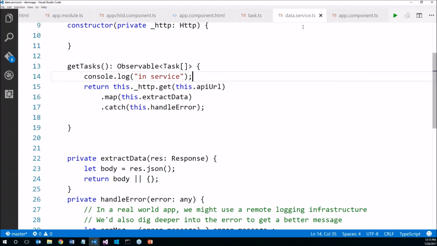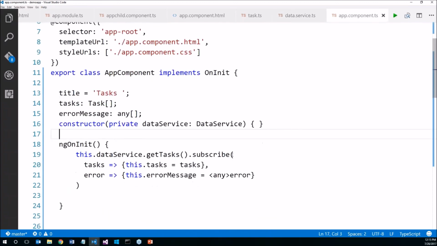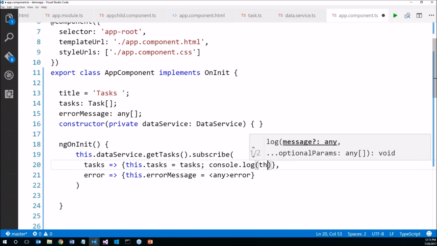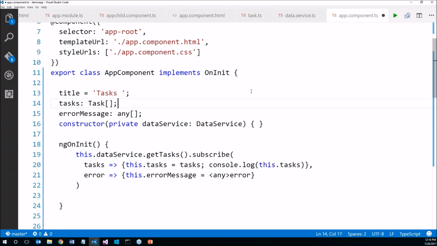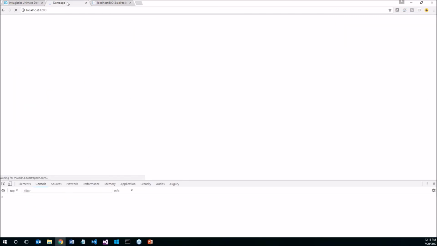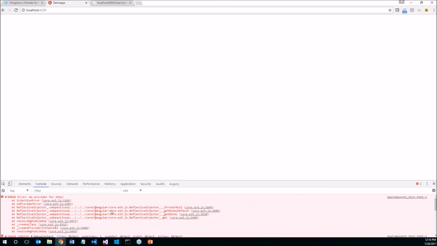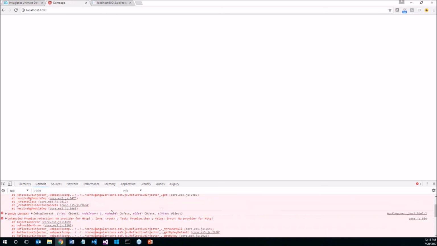Let us test what we have done so far. So file, save all. And also in the app.component.ts, in this dot task, after this we can say console dot log this dot task, and see how it is working. So here save this, and it is saying that no provider for HTTP. Why is it saying no provider for HTTP? Because we have not